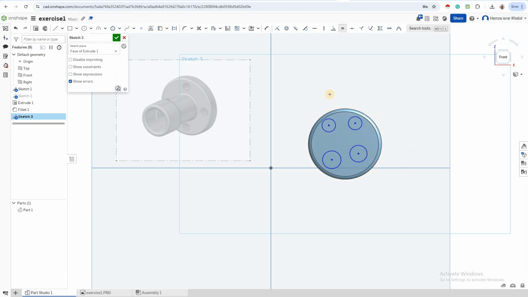So now we need to align this circle on this axis. So what is this axis? This is the horizontal axis, I think so, and this is the vertical axis. So I'm going to click here on the horizontal and click here and here. So I'm going to click on this dot and this dot. As you can see, these circles are aligned now,